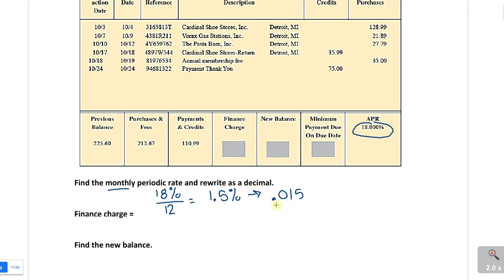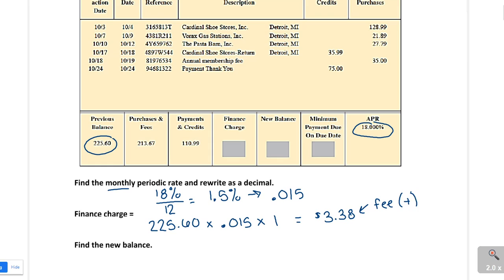Now we need to find the finance charge. So using the formula from before, we take the previous balance, $225.68, times the periodic rate, 0.015, times the number of periods, which is 1. When you multiply this through, you get $3.38. So we need to think of this as a fee. So it's going to be added in. So when we do our new balance,